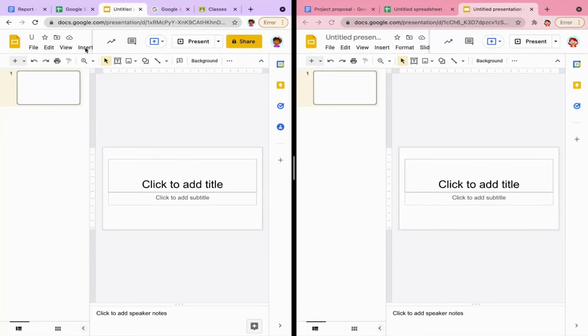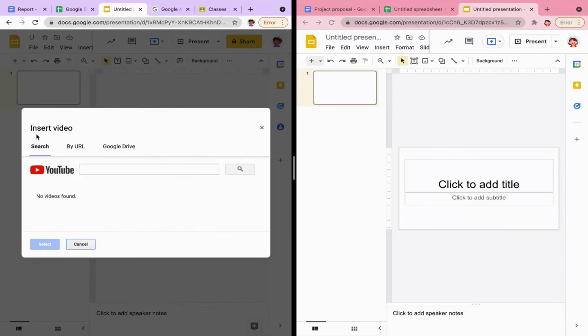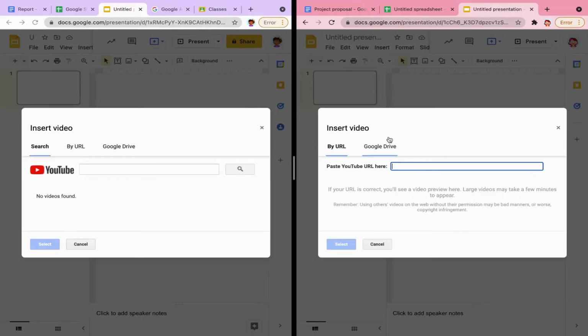In Slides, the YouTube video search feature can be activated in the menu, Insert, Video. Then the Search tab in the pop-up dialog will give students the freedom to type any keywords and find videos. With SafeDock installed, students will no longer see this tab. They won't even know there exists such a search feature. However, students still have the option to paste a YouTube URL in the By URL part.